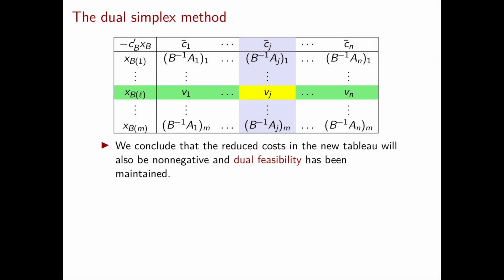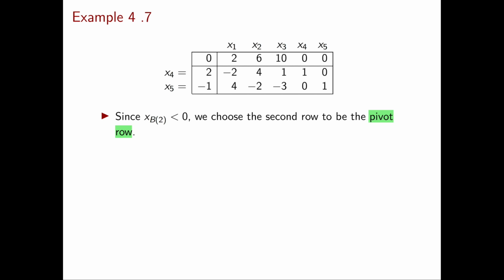Another key difference lies in how we construct the ratios. In the primal simplex we look at the positive entries of the pivot column, while here we look at the negative entries of the pivot row. Accordingly, also the ratios are calculated differently, especially because in the denominator here we have the absolute value of the entries in the pivot row, while in the primal simplex the entries in the pivot column were already positive, so in the ratio we didn't need to have the absolute value in the denominator. Let's immediately see a small example.